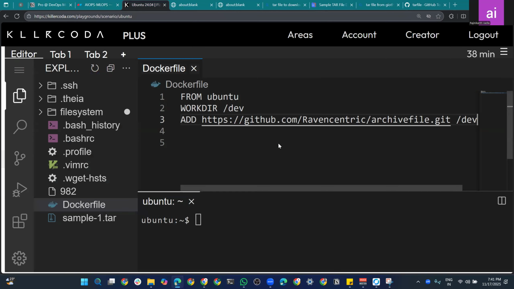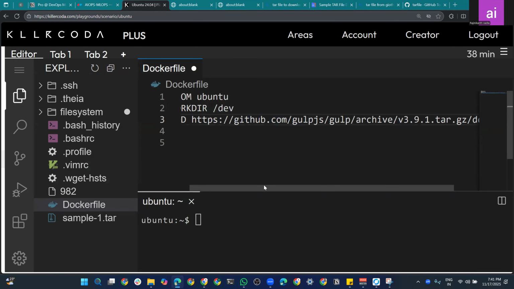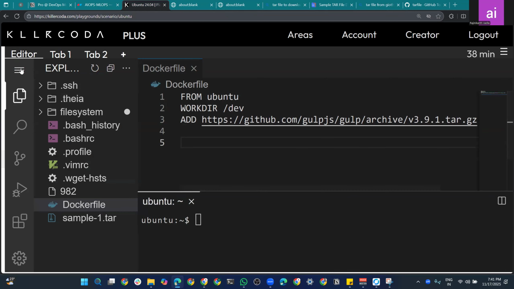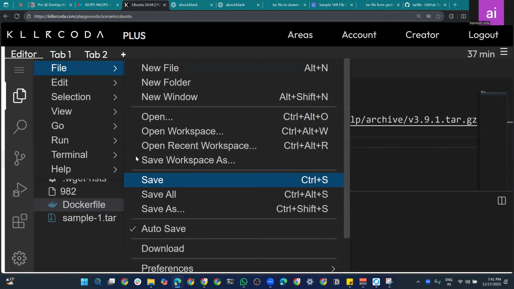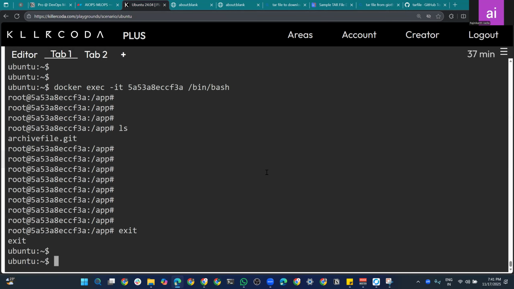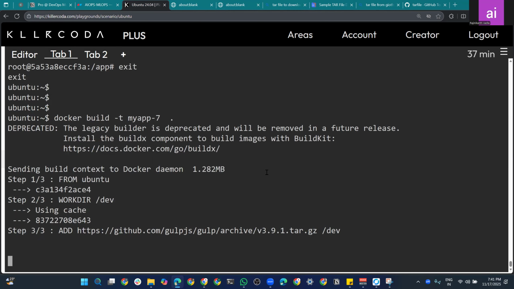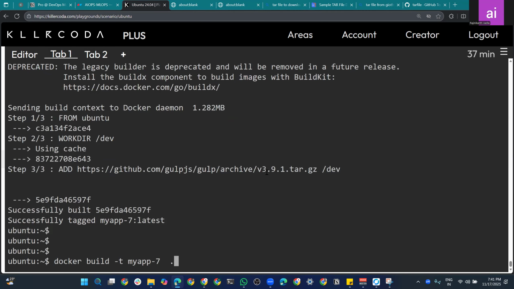Let's try this. Save and come here. Build your Docker image as 7 and run it as 7